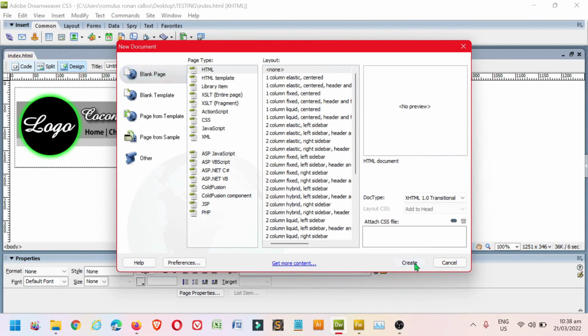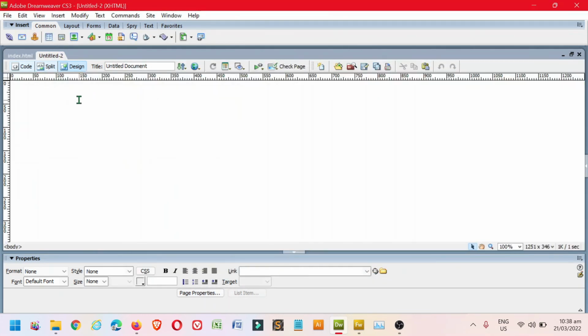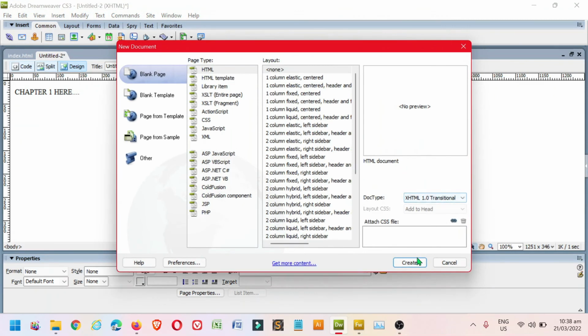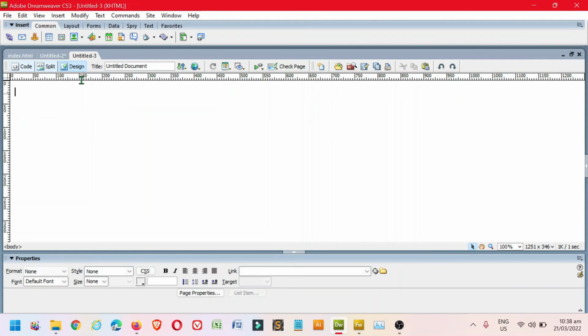Click create and then type chapter 1 here, new, create, copy this one, copy, paste,